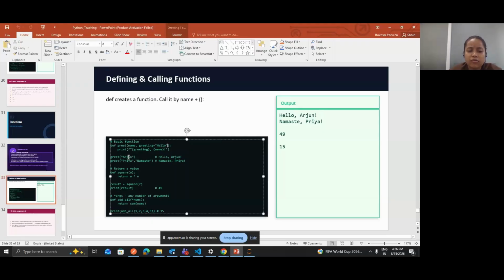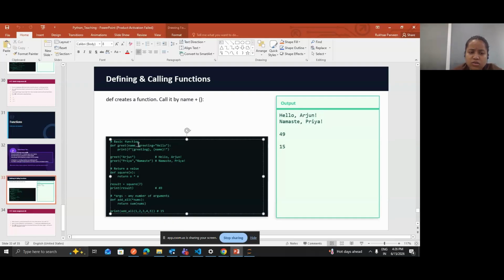For example, if I call this function as greet Arjun, what will happen? Since name is compulsory, this parameter is not optional, Arjun will go inside name. It follows the order, the first is name.